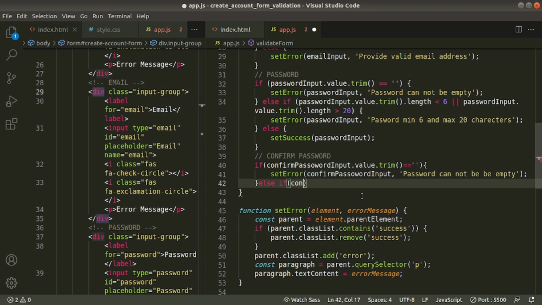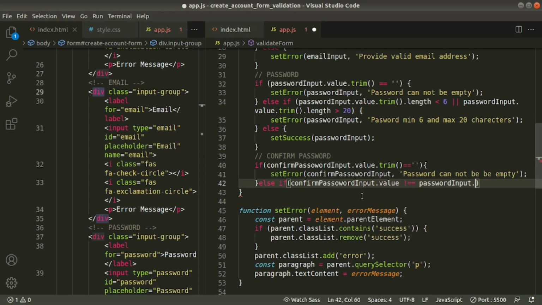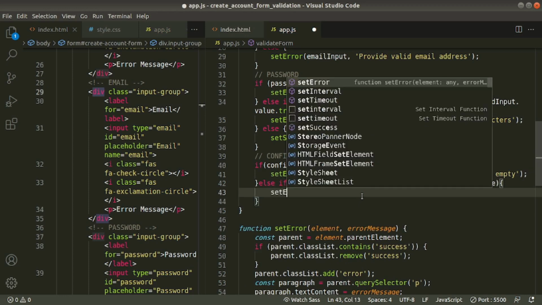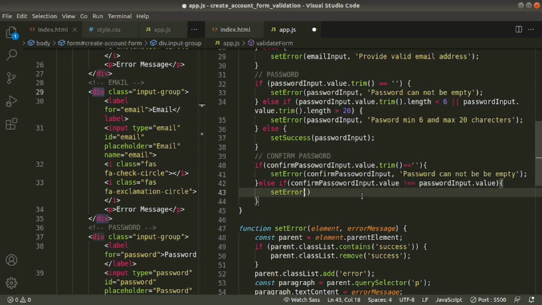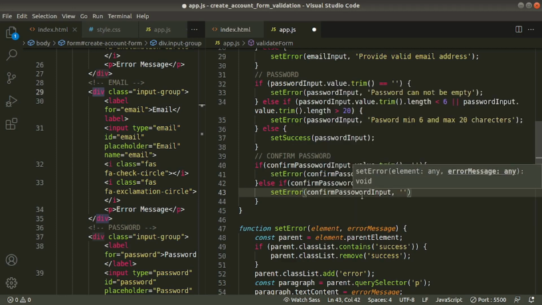Else if the confirm password field value is not equal to the password input field value, that means the above one's value, then it is an error, right? Then we'll call the setError function and pass the confirm password input field and write the error message, this time: password does not match.